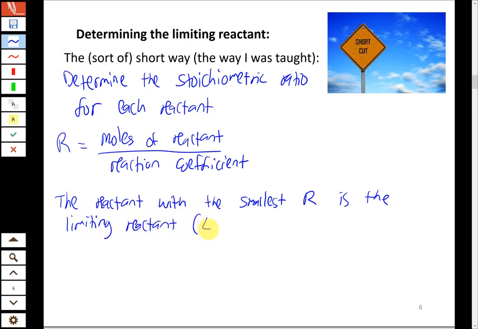Now I'll abbreviate limiting reactant as LR in case that's not obvious. Okay, so you calculate the stoichiometric ratio for each reactant, however many you're given, 2 usually, sometimes more than 2. And then what you'll do is find the smallest of those numbers, and that will tell you what the limiting reactant is. And this is important, so I'll put it in red with a star next to it,